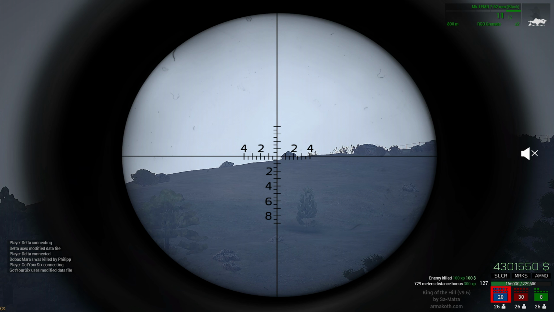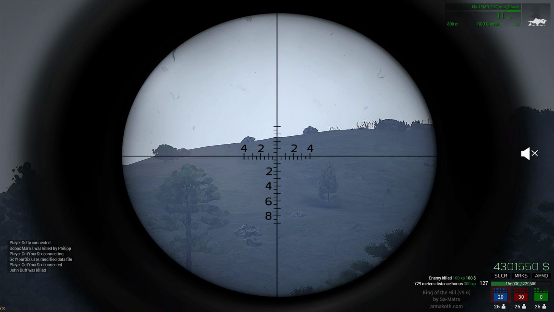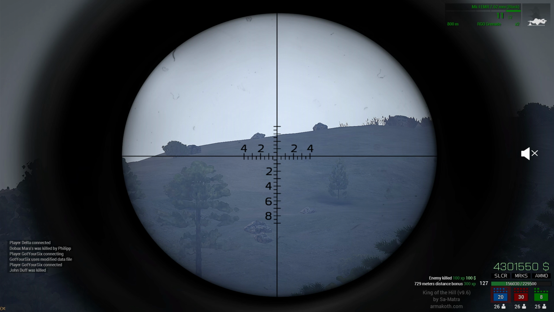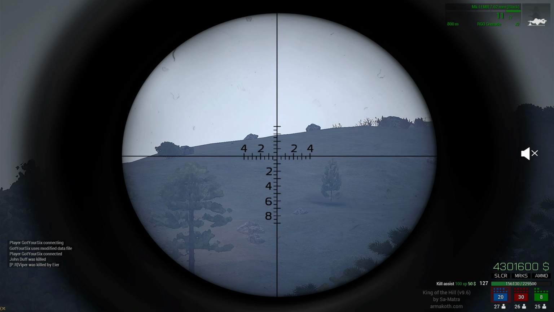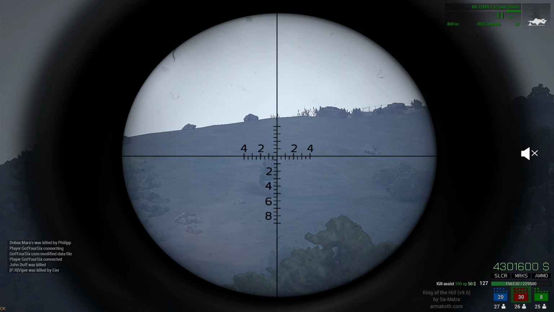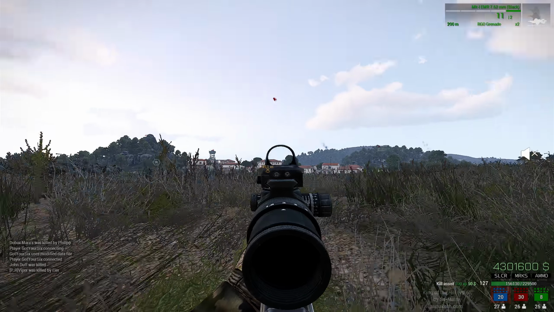And I didn't hit him in the head. Have you killed him? I can't see him. Yeah, you finish him. I can't see him. Yeah, kill assist. Yeah, I was rushing it a bit, so I didn't hit him in the head. If they've got...